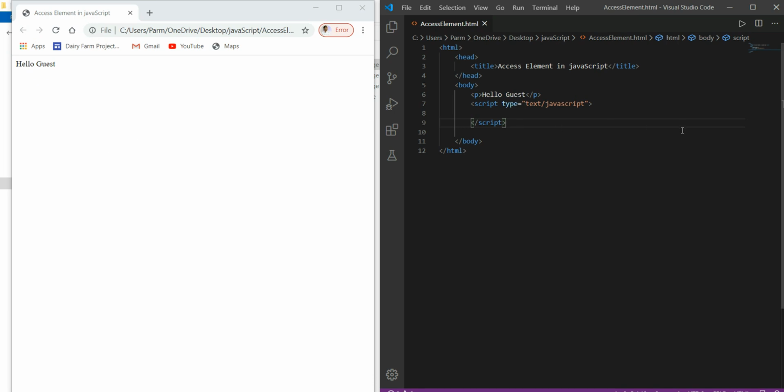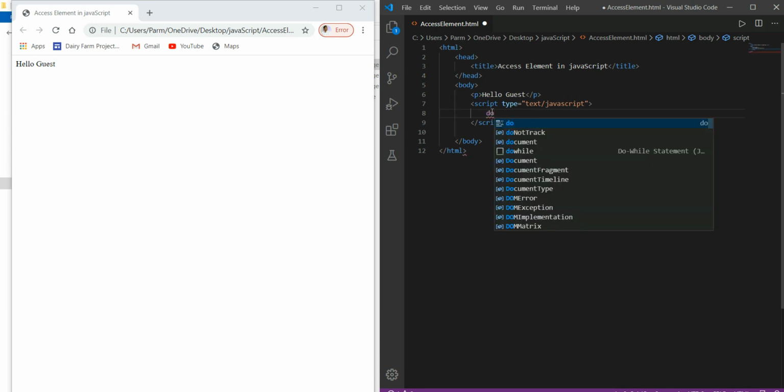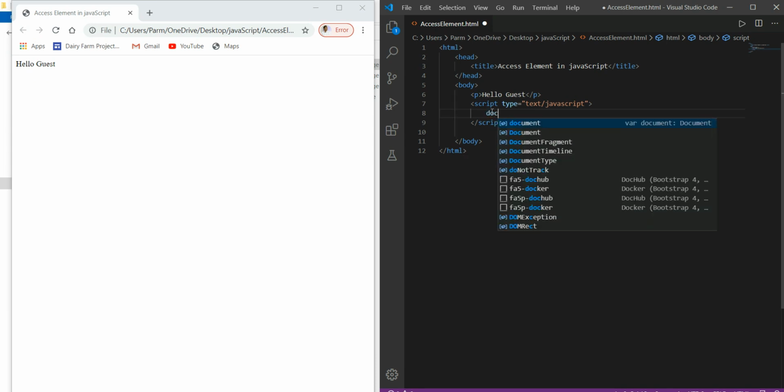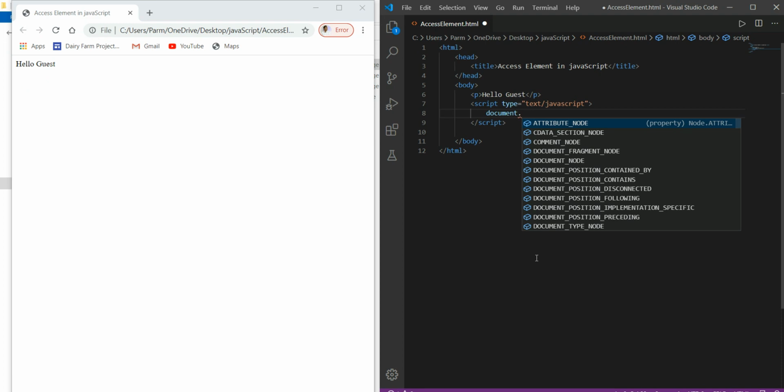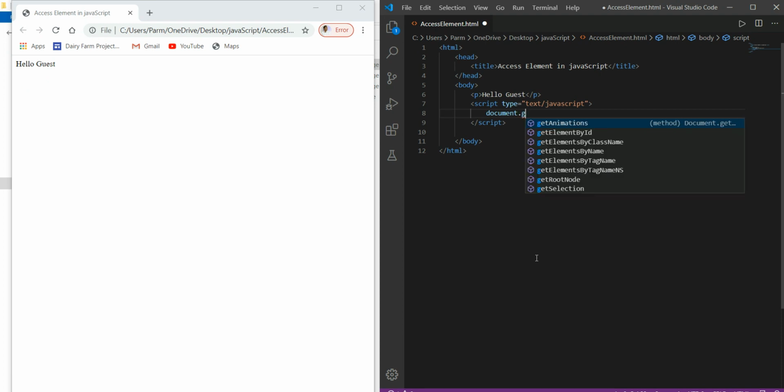For this the rest of the procedure is the same. Here in the JavaScript we will write document. By means of document we are telling the browser that we have to read or do something within this document. So I'm writing one more line, document dot get element. This time we are using this method, get element by ID. This is a function or method, both are the same thing.